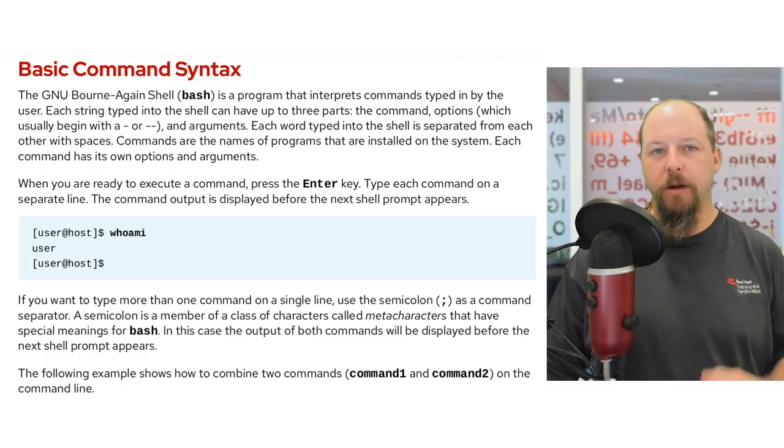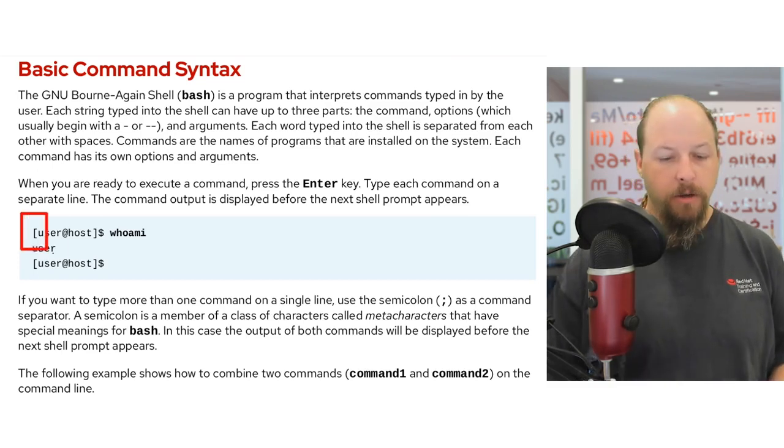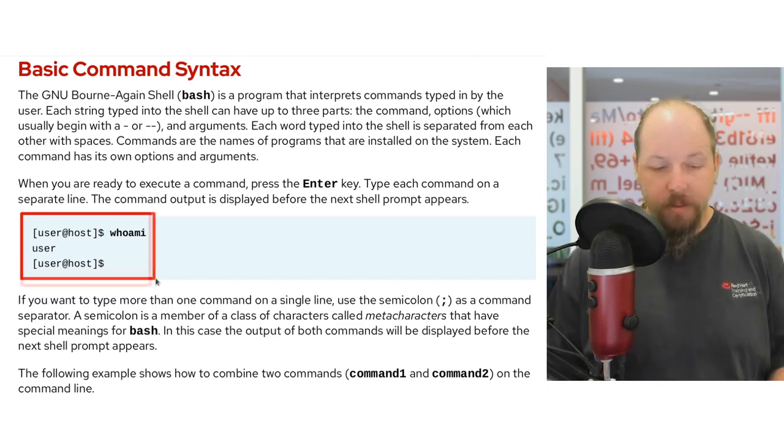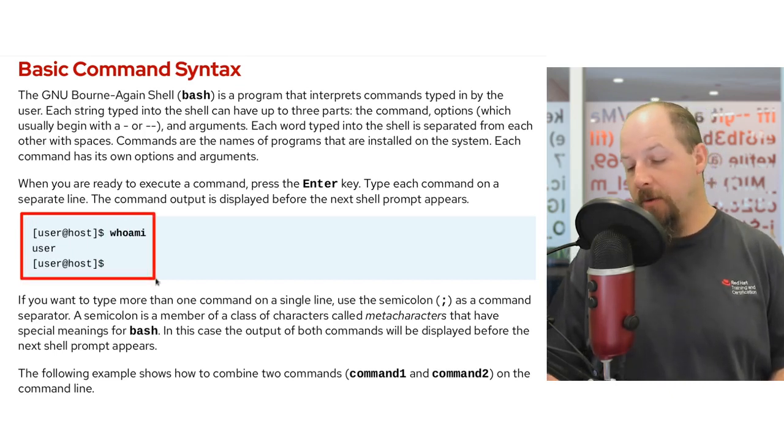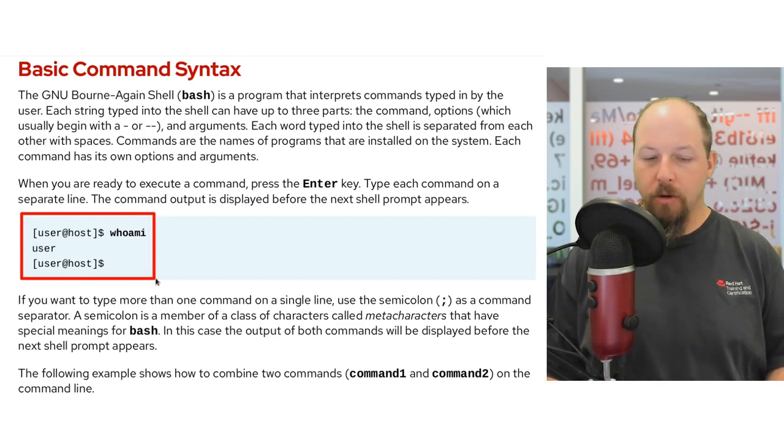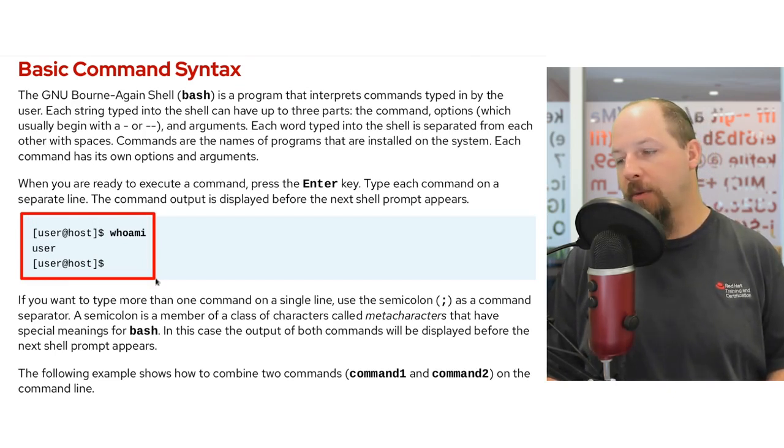Not all commands require arguments and options to perform work, but you'll learn how to use each command in its own proper way throughout time. Once you've completed forming your command, you'll simply press enter to execute the instruction set. Once the work is complete from that command, it'll return you to a prompt. Here, you can see a simple example command. In this example, the whoami command returns the username that the current person is logged in